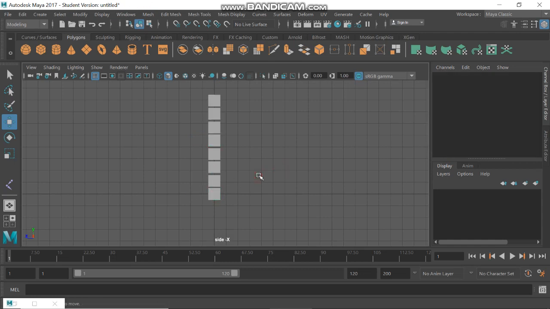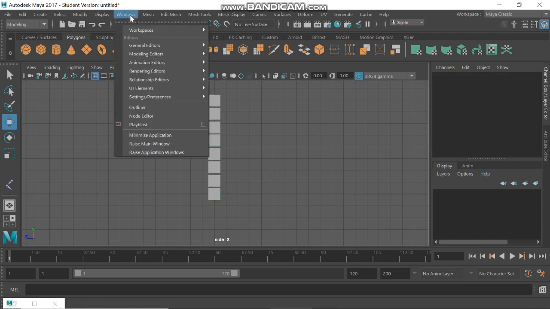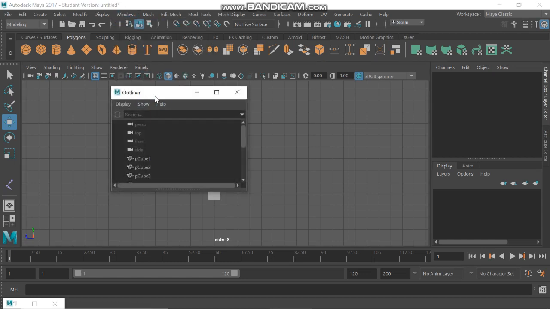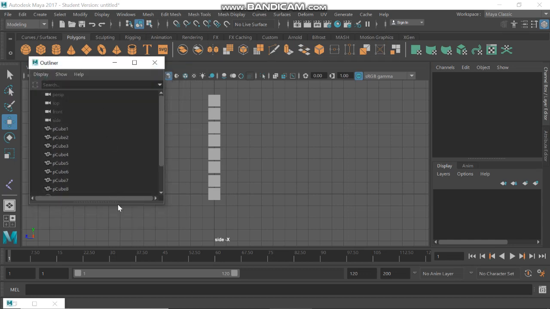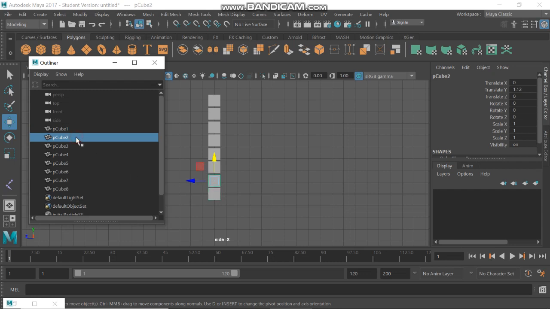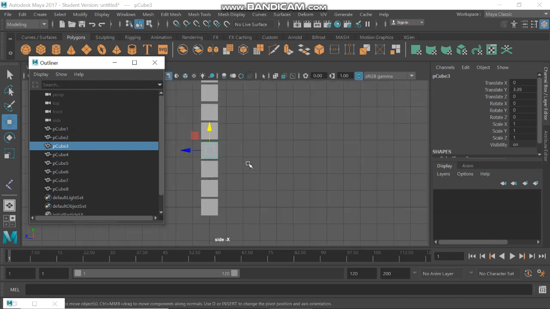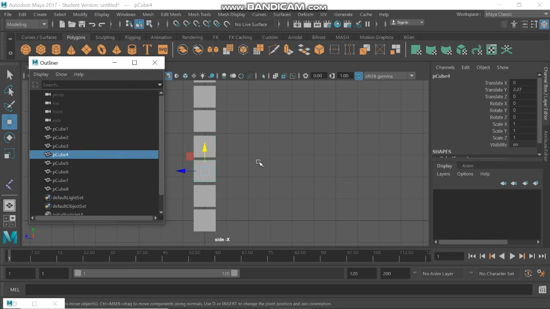So the next thing I want to do is go to my windows and open up the outliner. In this outliner, we are going to set the hierarchy for each of these cubes. So this is cube 1, cube 2, cube 3. Okay, so we need to make sure cube 3 is next in the hierarchy. So this is cube 4. So basically you need to swap these two objects. What we can do now is rename them instead of moving this around. So let's just call these